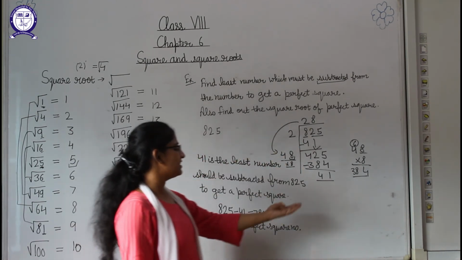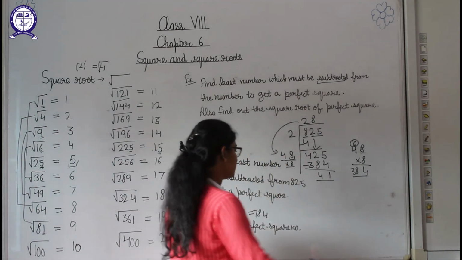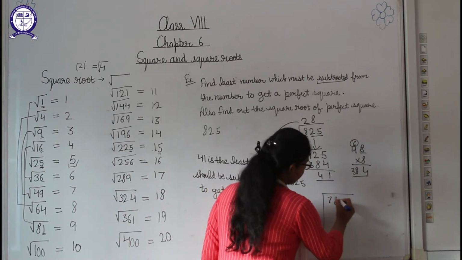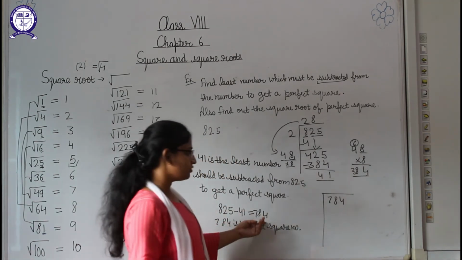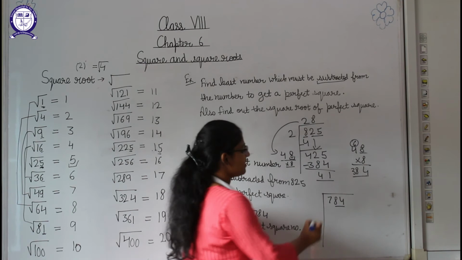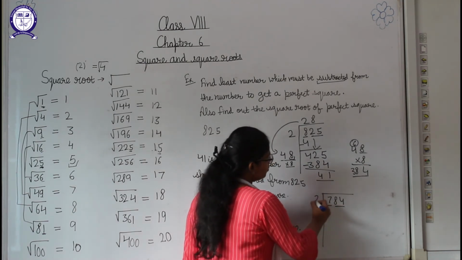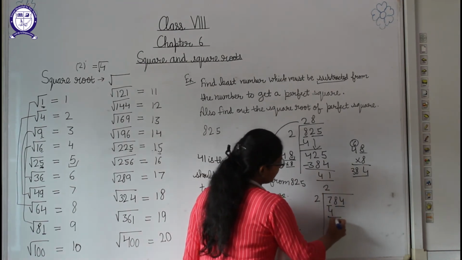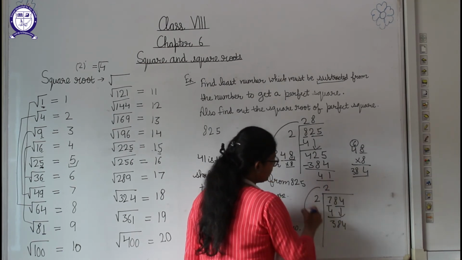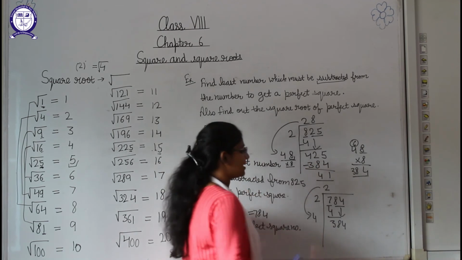So students, by this method only you can find the square root. We will do it like this. We have to find the square root of 784. We will make the pairing. So 84 will be the pair and 7 will remain the same. Now 2 2s will be 4. We are getting 3. We will write down this pair, so it will be 84. We will do the double of 2, we are getting 4.